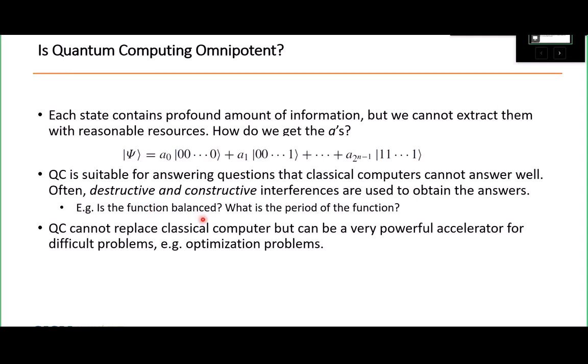So as a result, quantum computers cannot replace classical computers. It's much slower to do 1 + 1. But it will be very useful to do something the classical computer cannot answer well, like whether a function is balanced, or what the period of the function is. This is related to encryption and optimization problems. So in the future, I expect quantum computers will be a very powerful accelerator for the classical